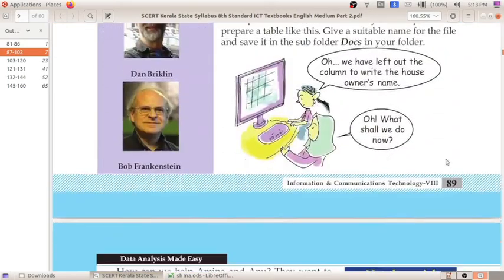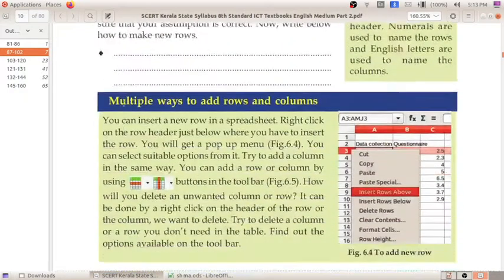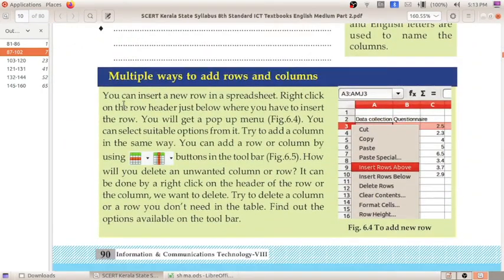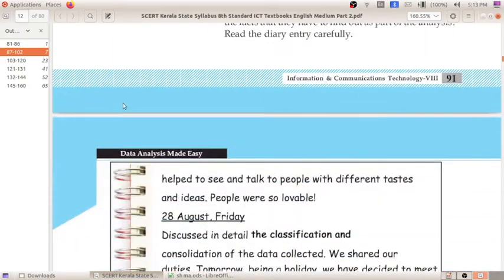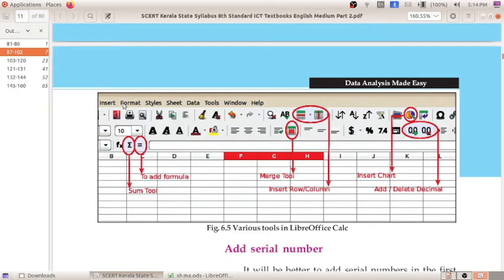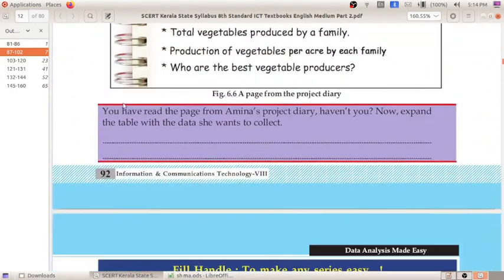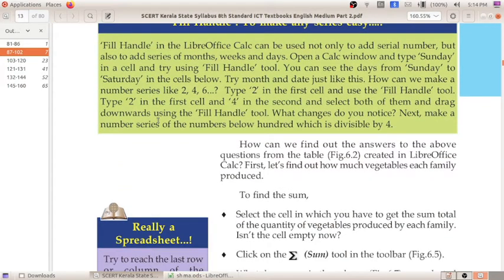We have studied that, and also we have done an activity to insert the columns or rows from the menu sheet. Okay, we have used the fill handle method for adding the serial number. By using the fill handle method we can add the numbers, months, date, year, everything we can add. Here you can see the definition of the fill handle tool.